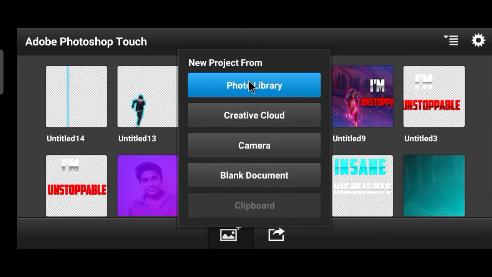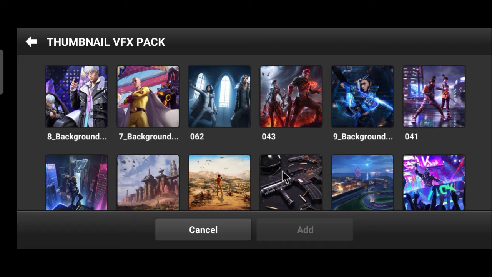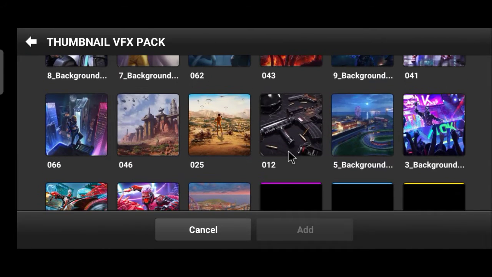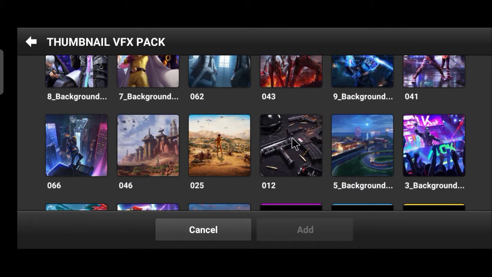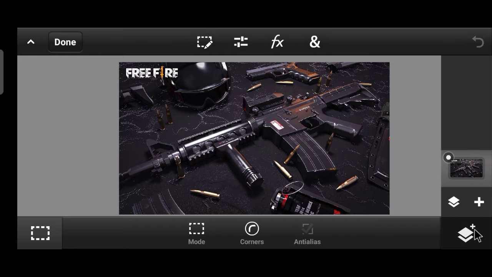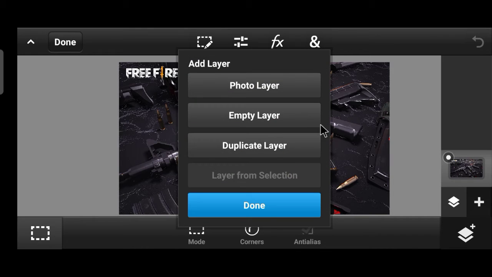Click on photo library, and I'll be providing you the Google Drive link where all the items will be available. Total 783 items. Let us import this background and another character PNG.